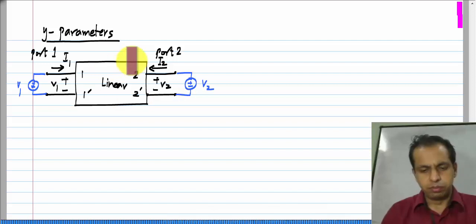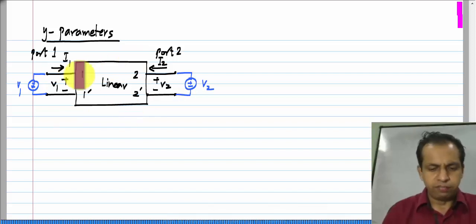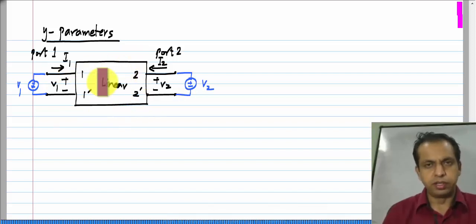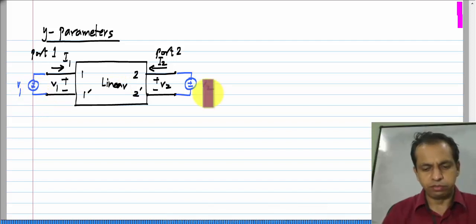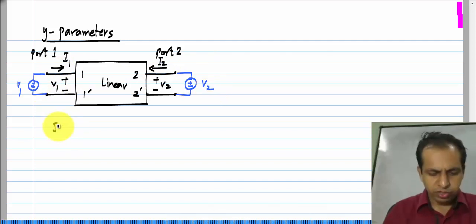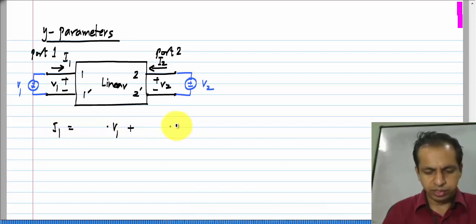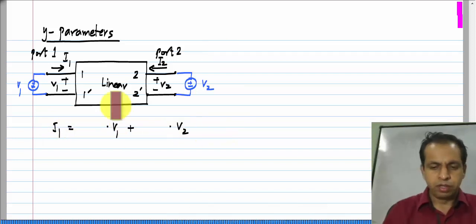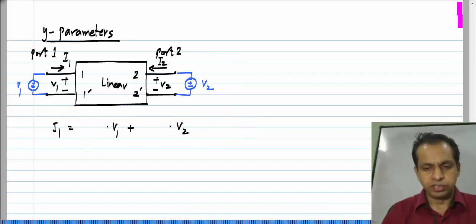Now, as we know, because this is a linear circuit, every branch voltage and current inside will be a linear combination of the independent sources applied, which are V1 and V2. So, I1 and I2 will also be linear combinations of V1 and V2. So, I1 will be something times V1 plus something else times V2. Now, clearly, to have dimensional consistency,